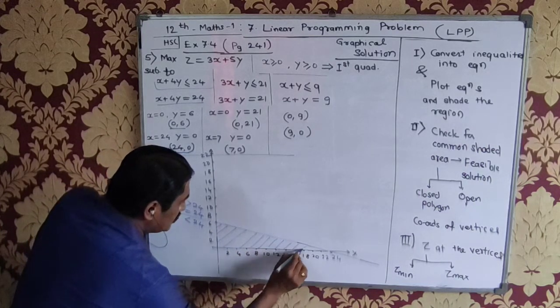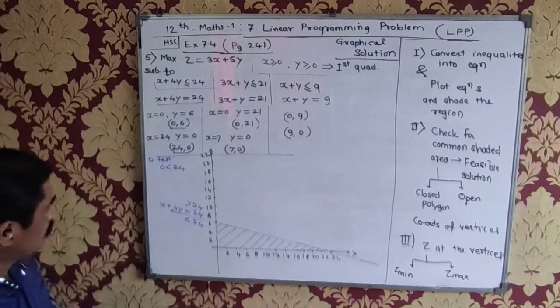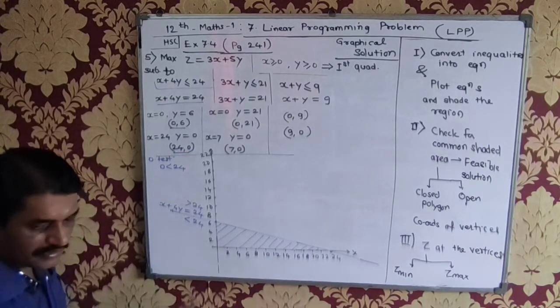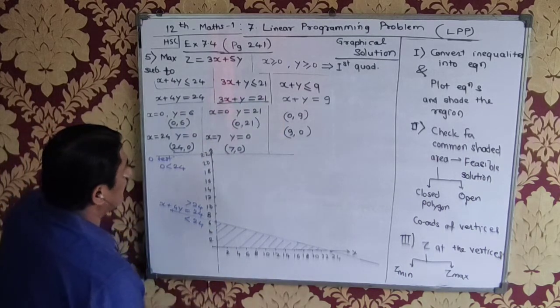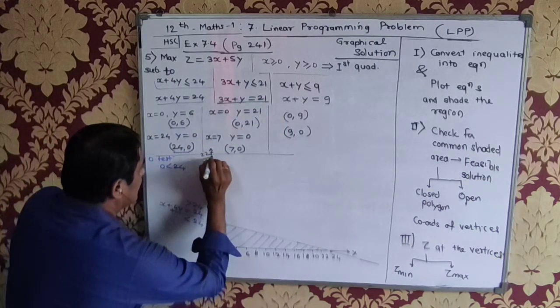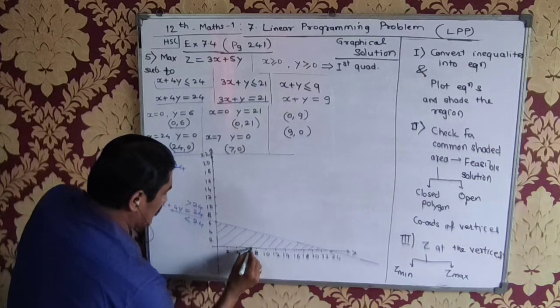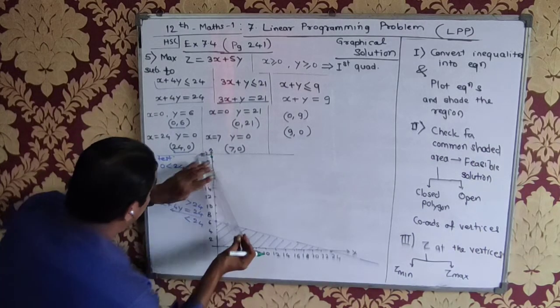Is that clear to you all? Please check. I'll go for the next line, next equation, which is 3x plus y is equal to 21. 0,21 ये रहा, and 7,0 here. ज्वाइन करिए।